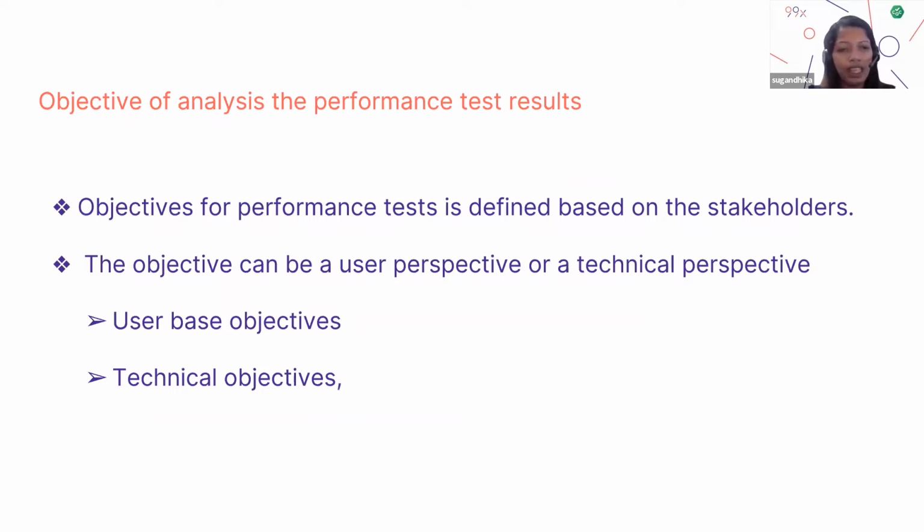So here I'm going to talk about how do we plan our test and what are the aspects that we have to consider when we are planning a performance test. So when it comes to the objective of the performance test, it means what we are going to measure from a performance perspective by doing a test with JMeter.